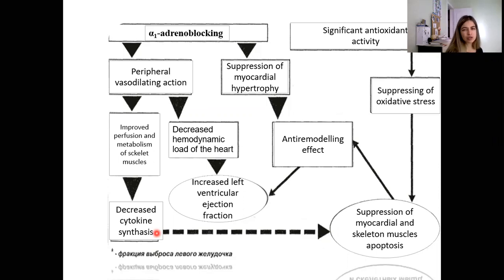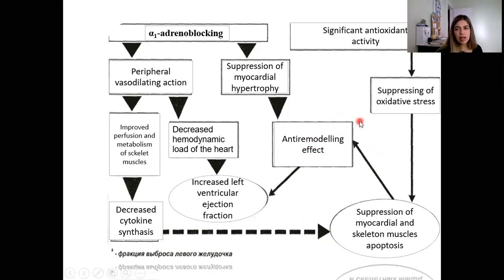This all leads to the suppression of myocardial hypertrophy and anti-remodeling effect. Why is this very important? Because the anti-remodeling effect makes your heart stay normal, because remodeling is the connective tissue forming in the heart. So, of course, we don't want that, because the function will be reduced if we have some connective tissue